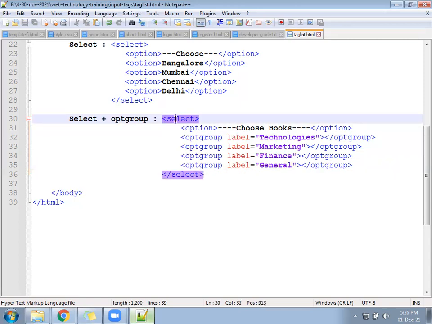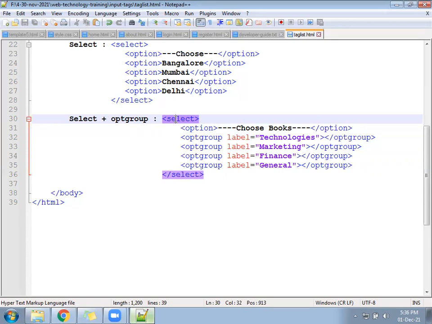Now run the page and see, are you able to select anything from there? Apart from choose book, are you able to select anything? No. Those are called taglines. Those are called categories. So the label you can't select, the OPT group you can't select.